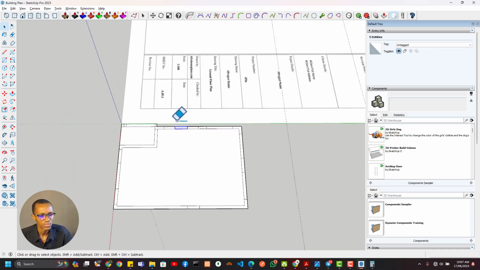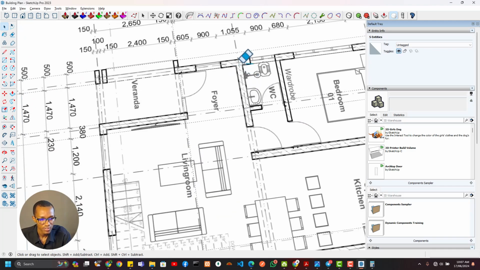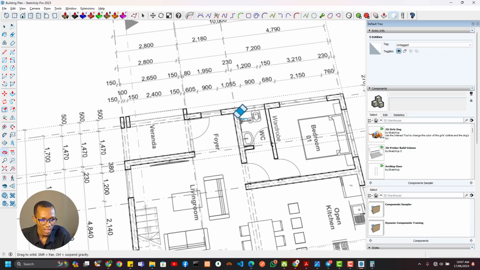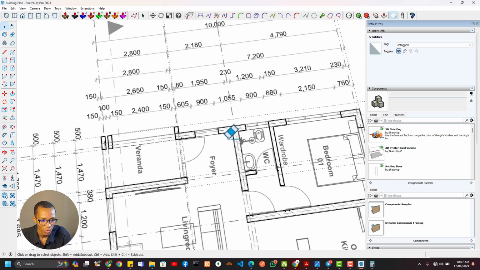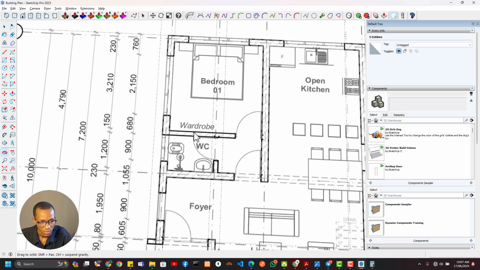One of the things I'll go ahead to do next is to start the internal walls, right? So we can clearly see from here there's one internal wall coming from this point, right? So how do we locate that internal wall? How do we arrive at that internal wall? All right, so if we look at this,